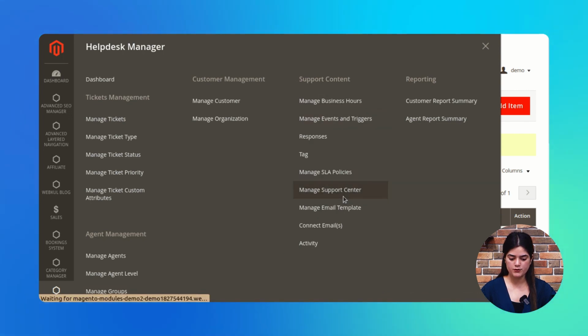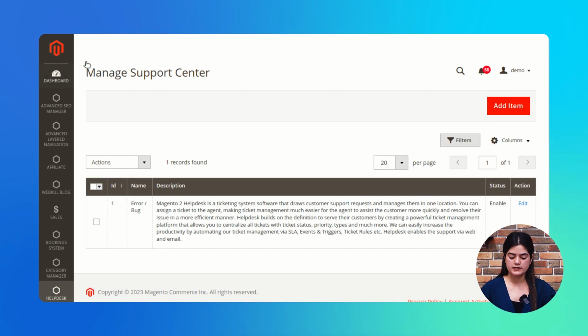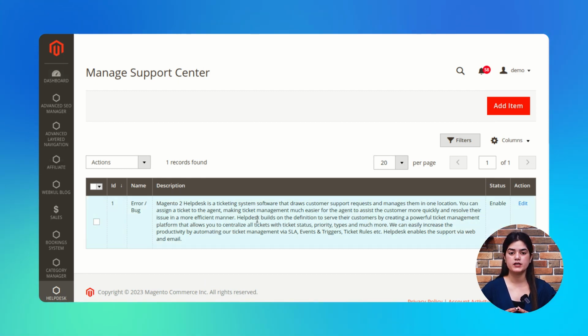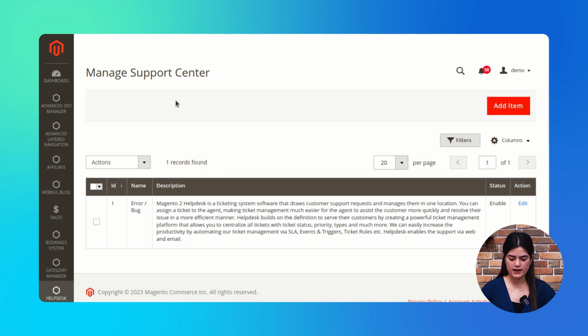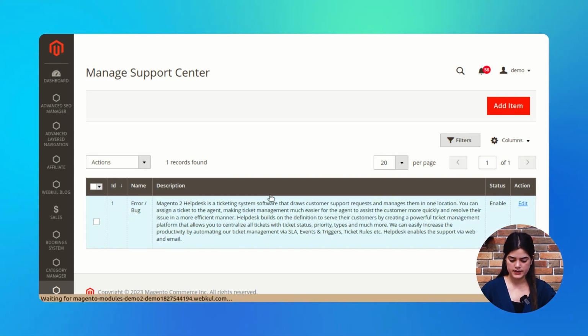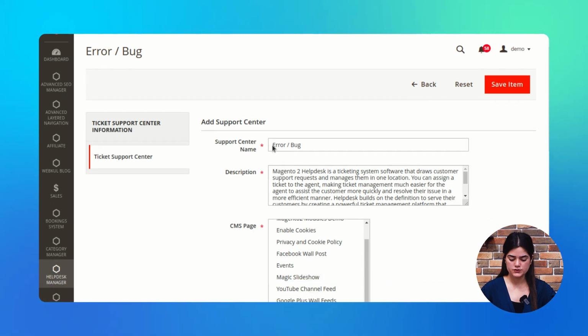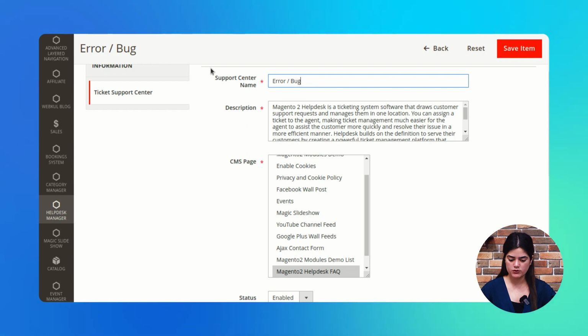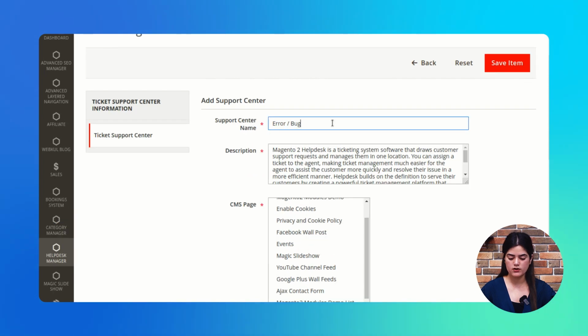You just need to tap over there. Manage support center is where we can also set the saved replies for common query ticket types. You can create these support centers, like here I have already created a particular saved reply, which can be used by each of the agents.